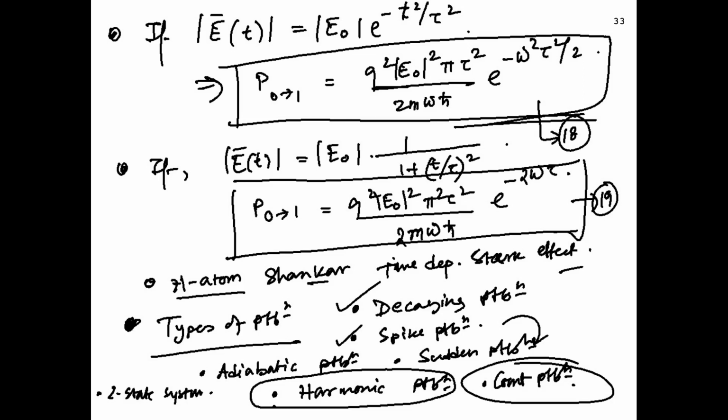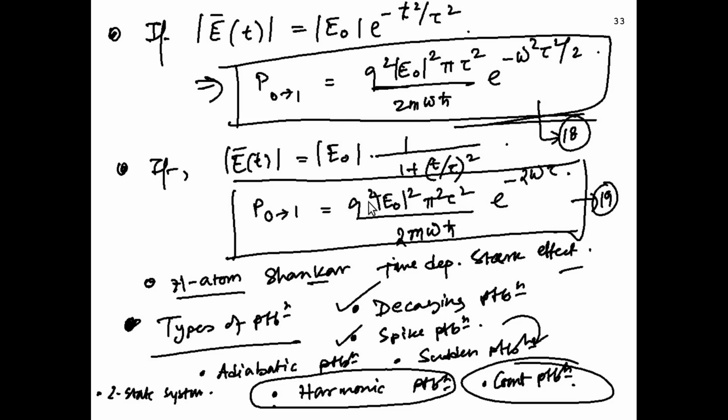Okay, now let me quickly overview some other possibilities. If you take this electric field to be Gaussian-like, you know the Gaussian's Fourier transform is Gaussian. So even without solving the problem, you know the first order Fourier transform will give the functional form of the probability amplitude, so you get another Gaussian form. And similarly, when it is a Lorentzian form like this, you will get an exponentially decaying form. These are some other possible cases which I encourage you to solve and look up.